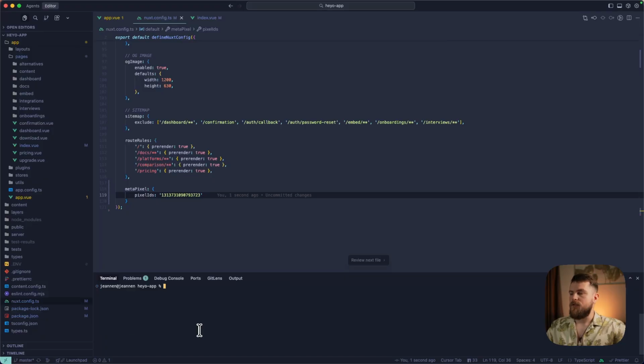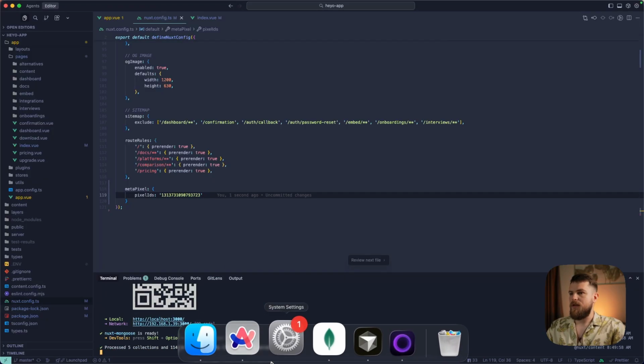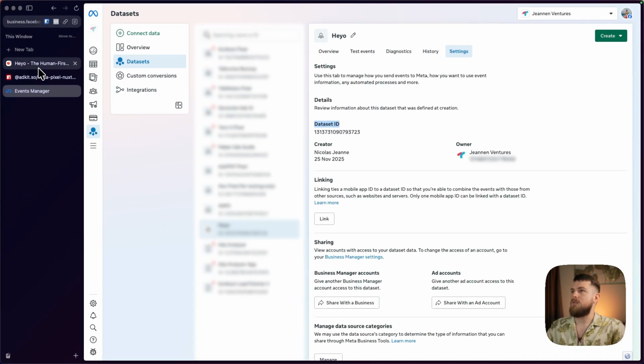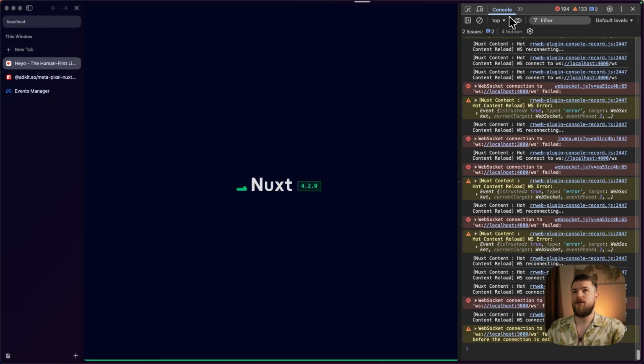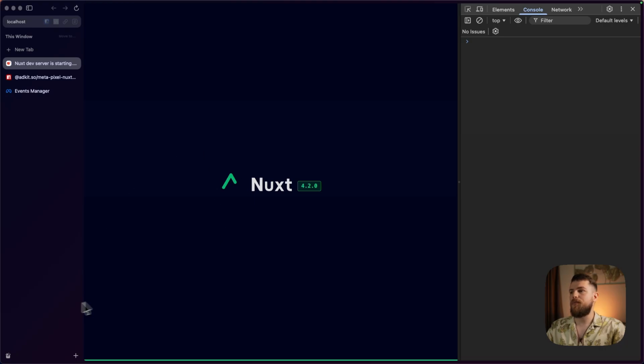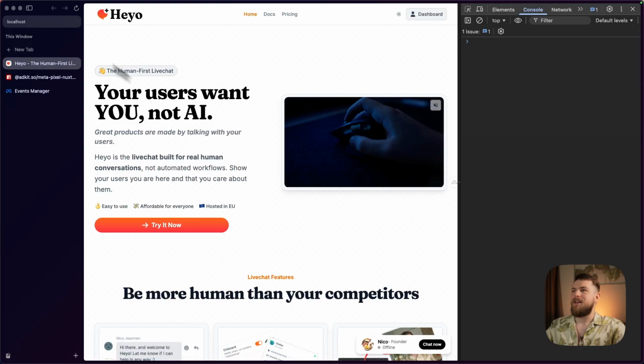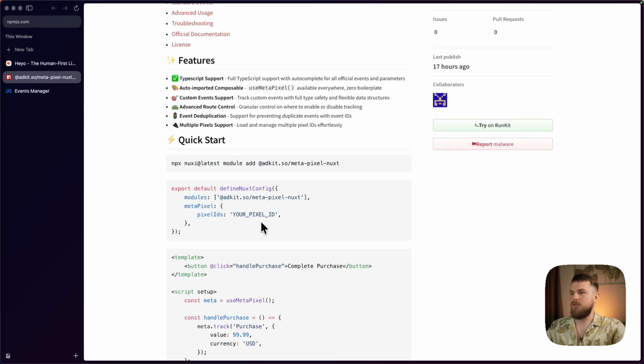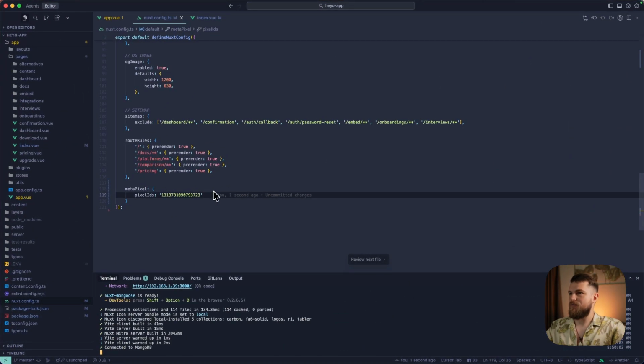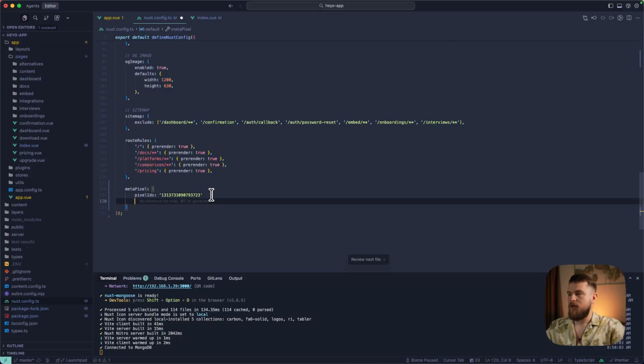And now, just from this, if you run your localhost server, then you should see that the pixel is now installed. So I'm just going to refresh the page and pause until it loads. Oh, so yeah, it's actually not loading because it's on localhost. If you want to have it running on localhost, you can do enable localhost.